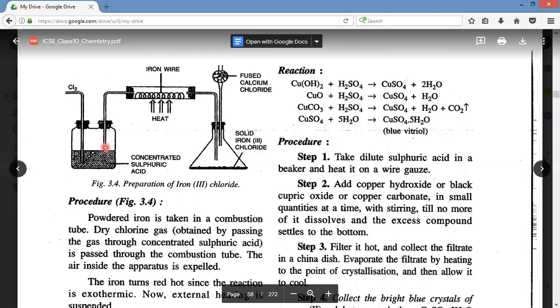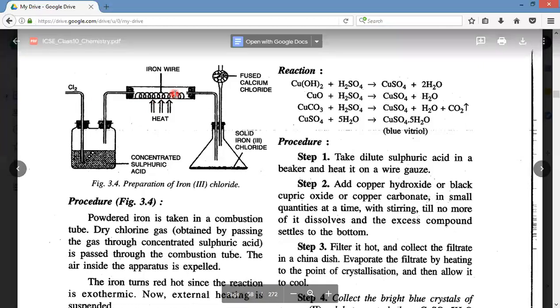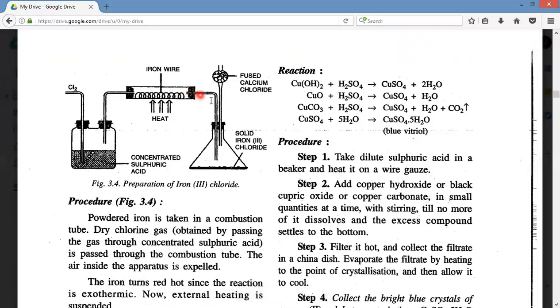The function of the sulfuric acid is to dry this chlorine. After that, this chlorine is transferred to the iron vial, which is the combustion chamber. In that combustion chamber, the heating is being provided from outside. As the heat is supplied, the reaction becomes exothermic. After that, the heat is suspended. When the reaction is done between the iron, which has become red hot after the heating, and the chlorine, there will be a formation of iron chloride, which is transferred to this conical flask in